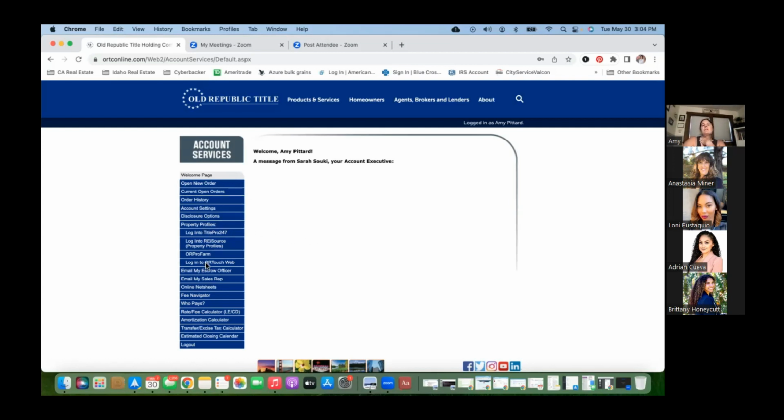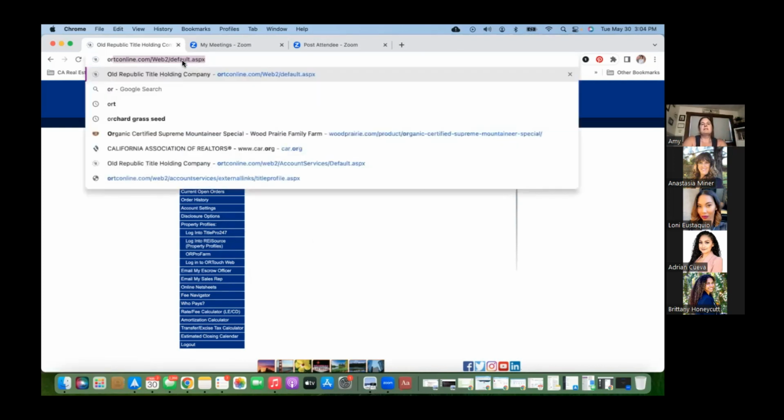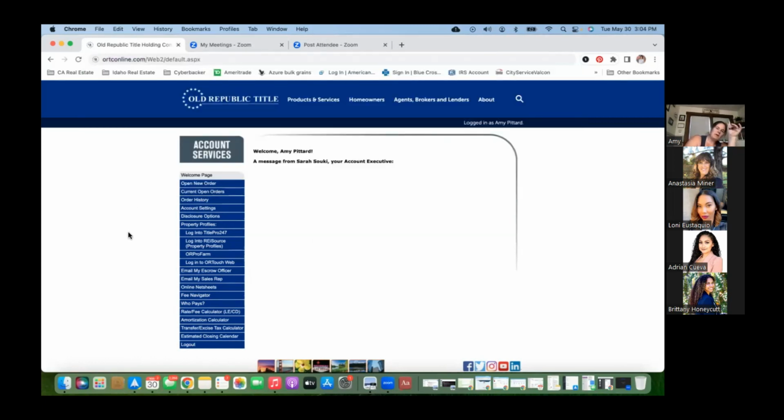You can also get access to it on their website. Old Republic Title Company is ortconline.com. Once you meet with the rep, if you haven't already, they'll create a username and a login for you, which gives you access to the page that I'm on now. Okay, so there's